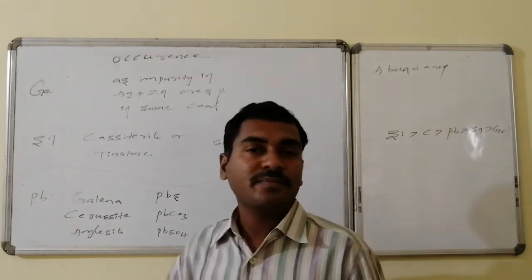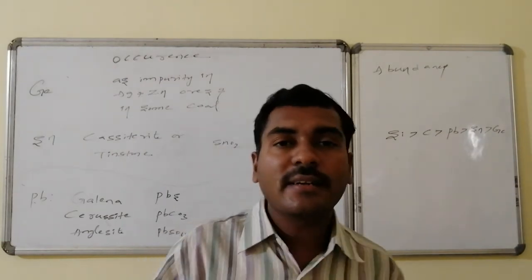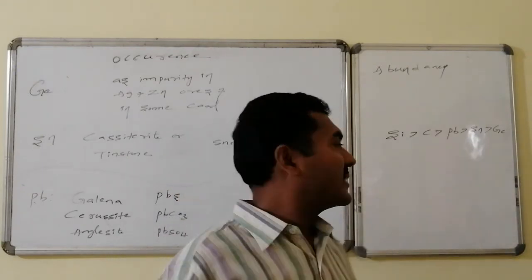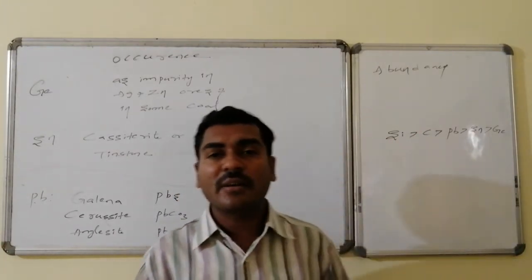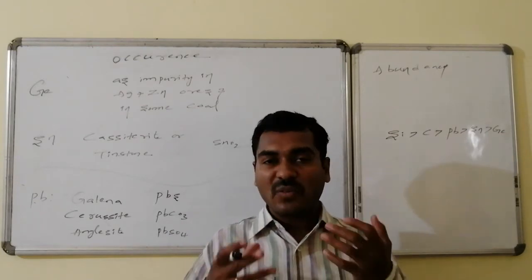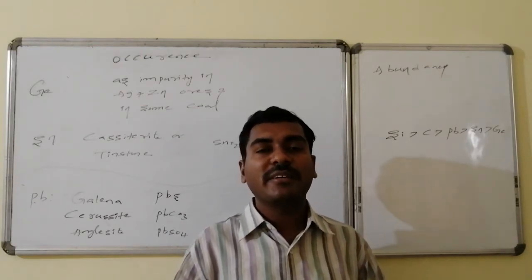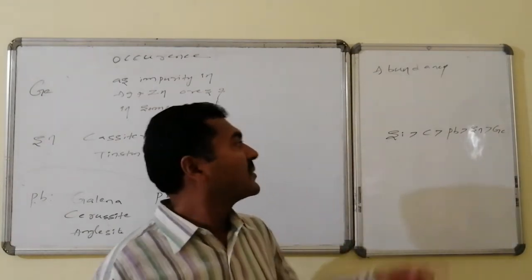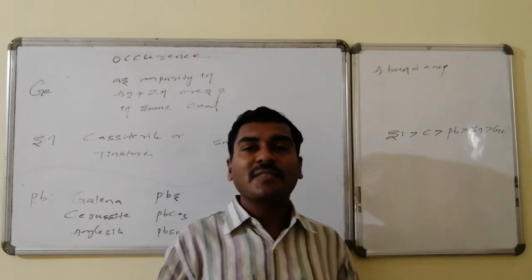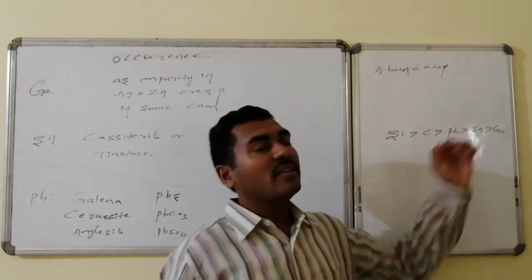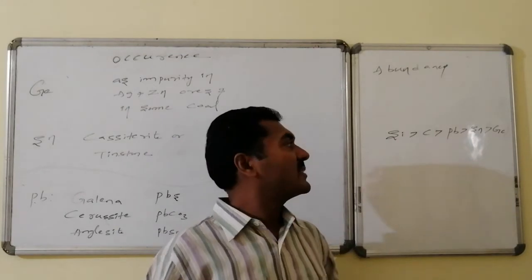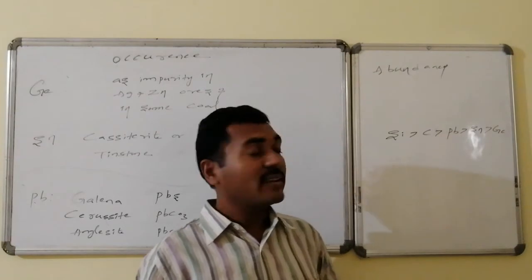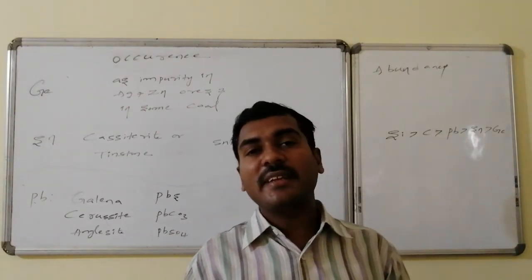If I go for the abundance-related information, the abundance of silicon is highest, it is the second most abundant element, and the next position is for carbon. Carbon is the most versatile, it forms 4 connectivities and has catenation ability. Due to this nature, it is also widely spread in nature. For carbon and silicon the order is reversed over here. In the sequence, silicon, carbon, followed by lead, followed by tin, and the least availability is for germanium.